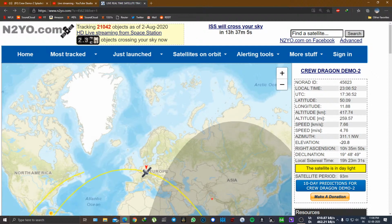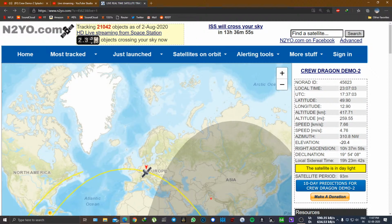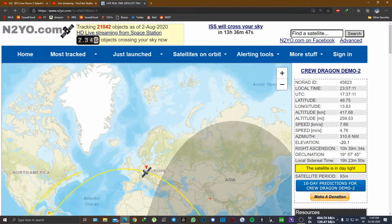Now, of course, during reentry, Bob and Doug will be experiencing a couple of Gs. We're anticipating them to feel about 4 Gs during reentry. This will make it a little difficult for them to move their arms around. Not impossible, but essentially what they're doing right now is reviewing all of the event details for splashdown, making sure